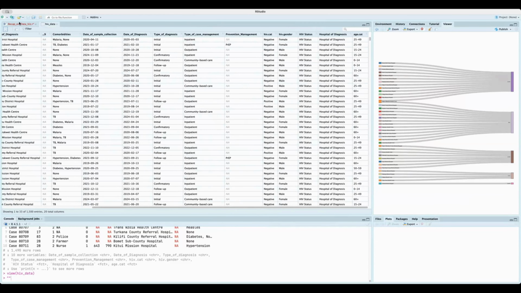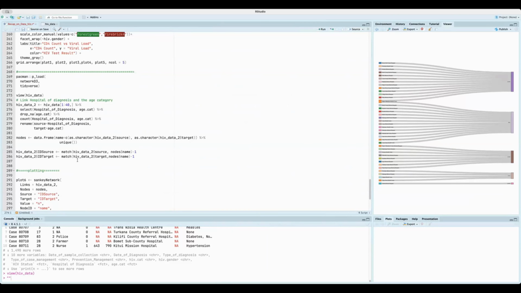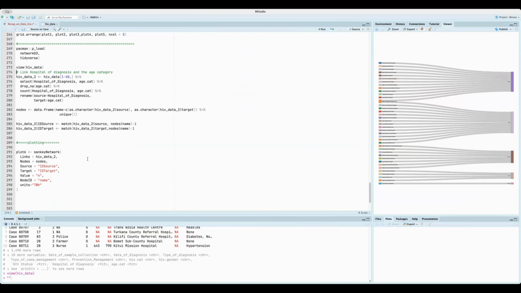So that is a Sankey plot for you. I don't know whether you are able to follow through as I was doing this, but that is how the Sankey plot looks like. But the key idea is to try and identify,